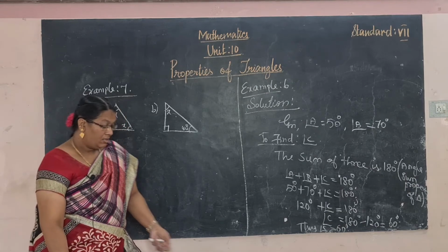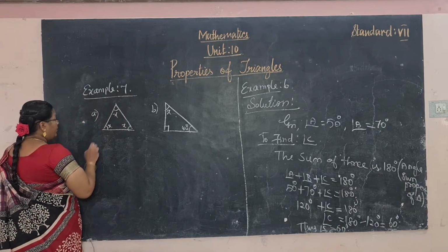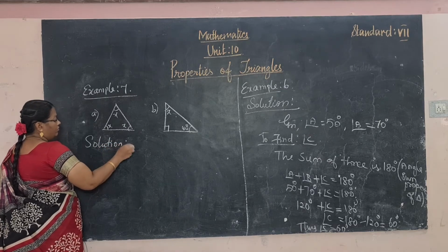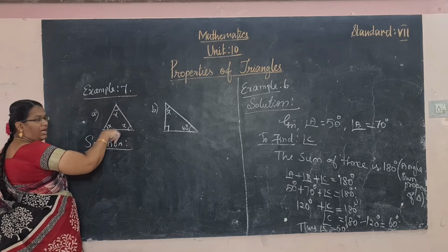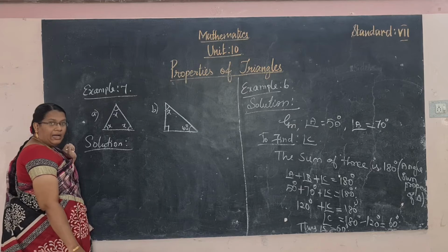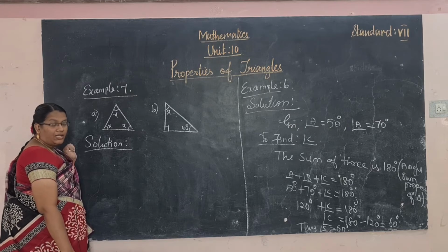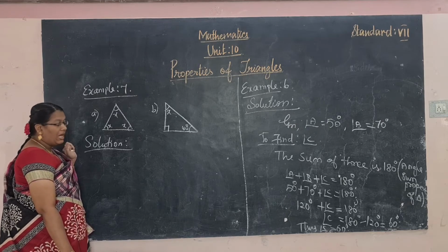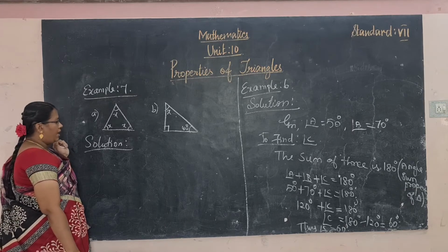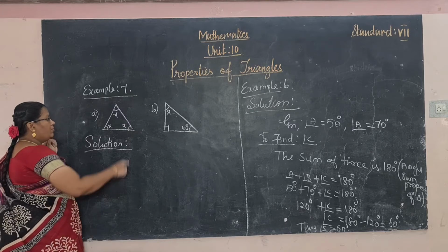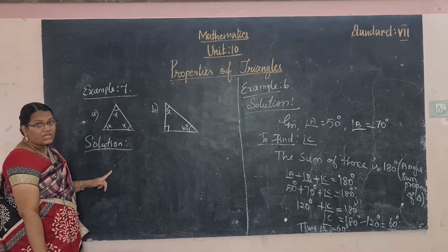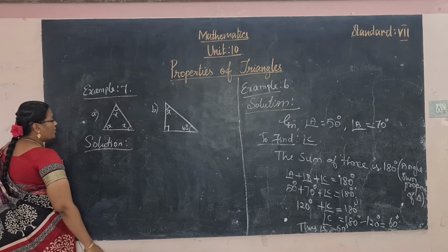Right. See, from the first diagram, what we have observed is that all the angles are equal. So all the angles are equal means it's an equilateral triangle. All the angles are equal, all the sides are equal, then we have identified it's an equilateral triangle. So what is the relation between these three angles? Here also we use the angle sum property of triangle.